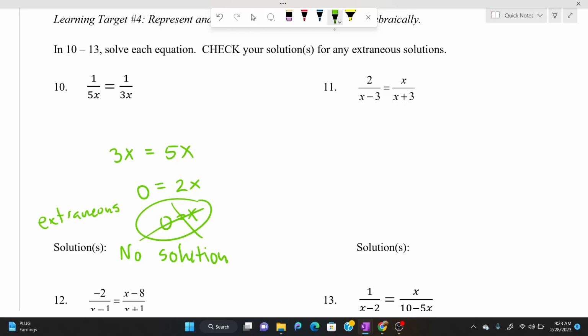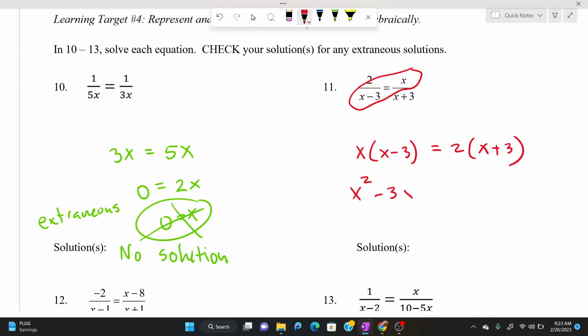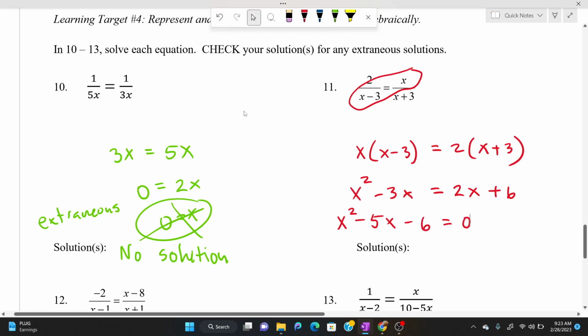Extraneous. You have to always plug it back in to see if we get an extraneous solution or 0 in the denominator. Cross multiplying here on the next one. X times x gives me x squared. X times negative 3x equals, x times negative 3 is negative 3x. 2x plus 6 on the other side. So I'm going to move negative 2x over. So positive 2x becomes negative 5x. And